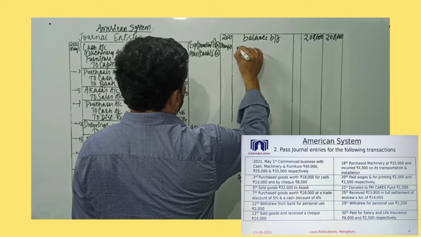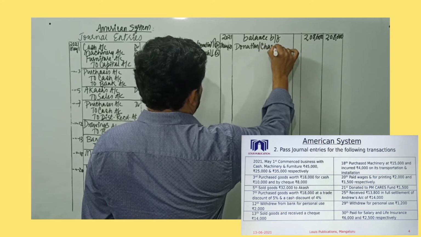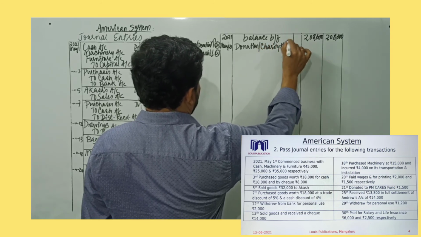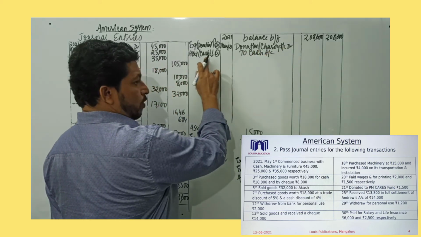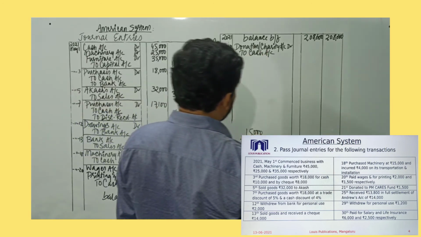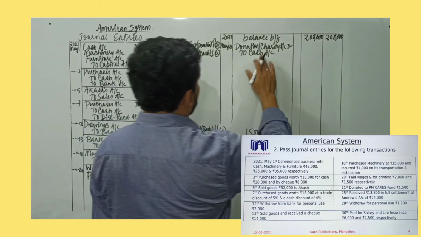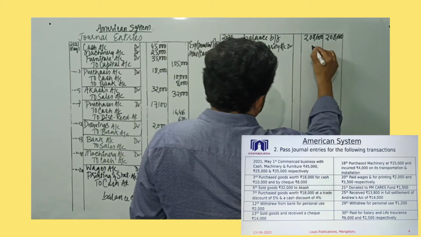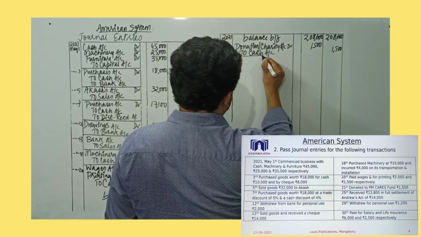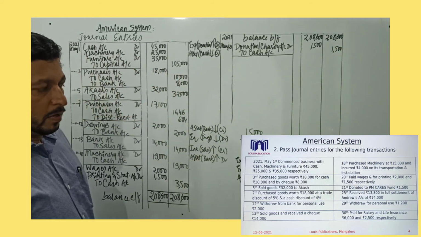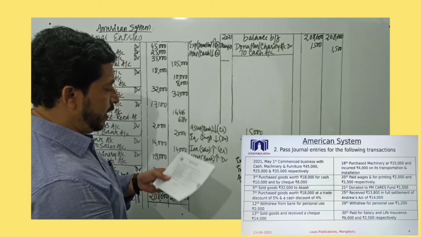So May 21st journal entry would be donation account debited. You can also record it as charity account. So I record over here charity account debited to cash account. You can write bank account also because donation is normally given to government, always by check. But since check is not mentioned, I have taken cash. But there is no harm, you can record bank account also. And the value of donation is 1,500 rupees. Narration you can record being donation to Prime Minister's Cares Fund. That is May 21st dated transaction.